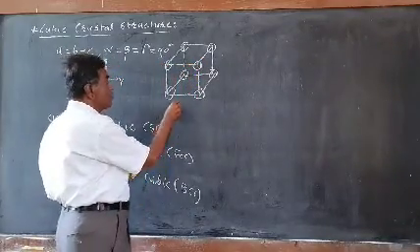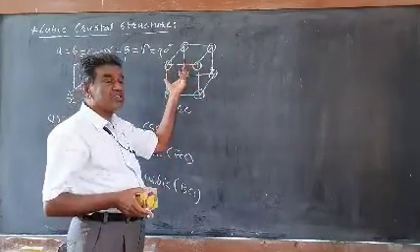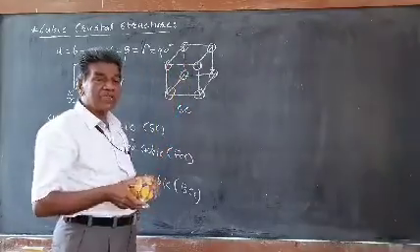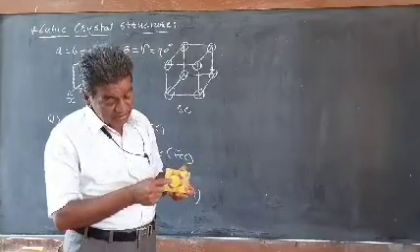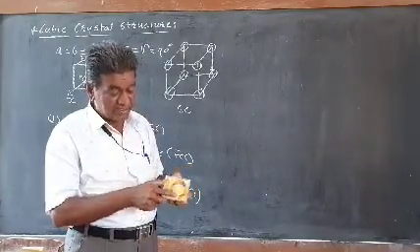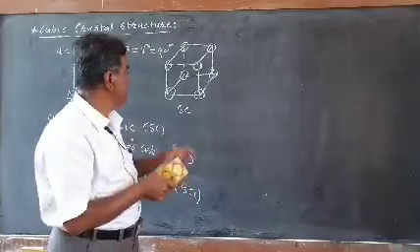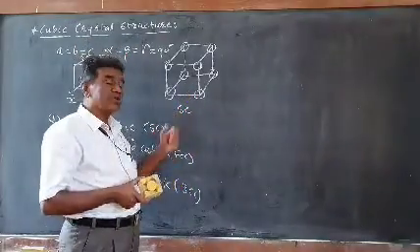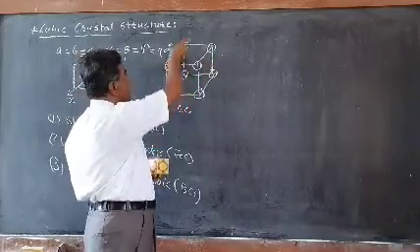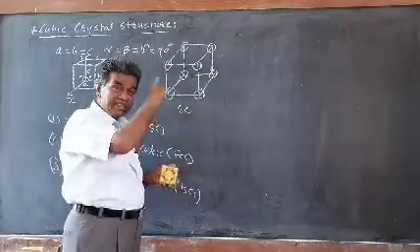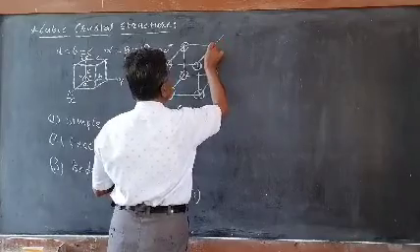Then the structure is known as the simple cubic, and the whole crystal structure can be built up by the repetition of this unit cell. This is the unit cell of simple cubic. If the face-centered atoms are not present here, and only the corners are occupied by the atoms, then such a unit cell is known as the simple cubic unit cell. If the whole crystal is generated by the repetition of this unit cell, this corner atom is shared by